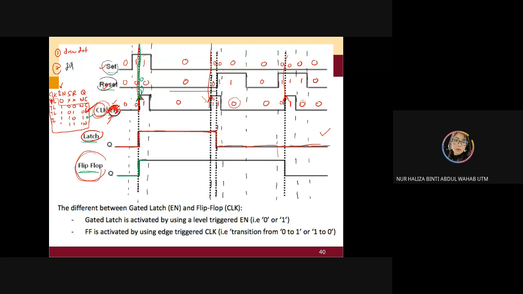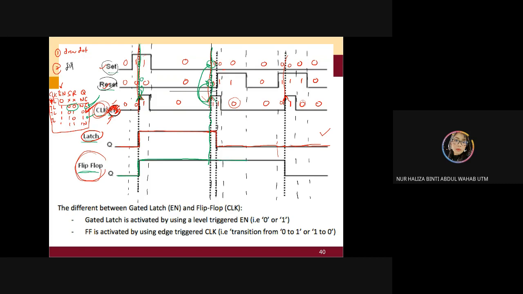After that, you just do nothing, follow your previous output until you meet another active high. Now you meet another active high line there. At this point, you need to stop and look into your input. What is your input at this point? It is 0 and 0. That's why you need to look into the 0 part, 0, 0. It is no change. So you continue, ignoring the rest,